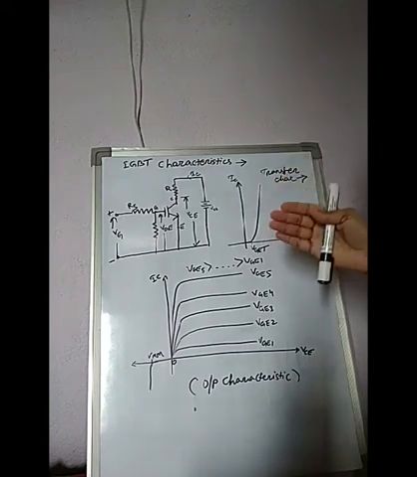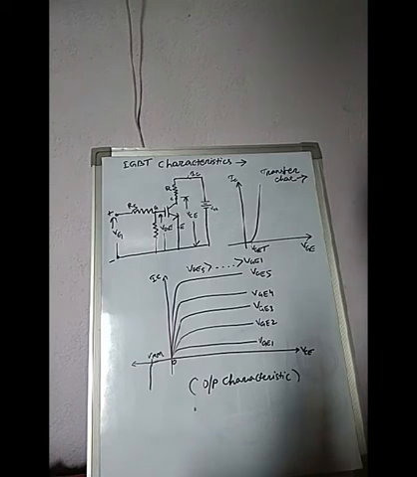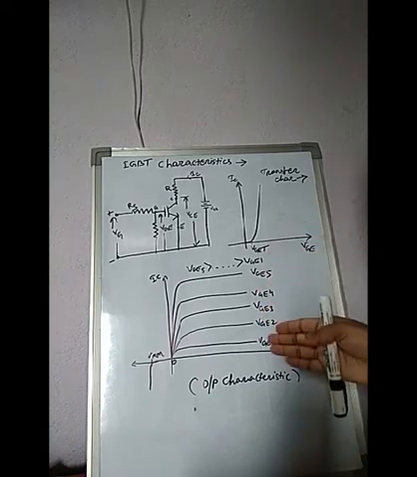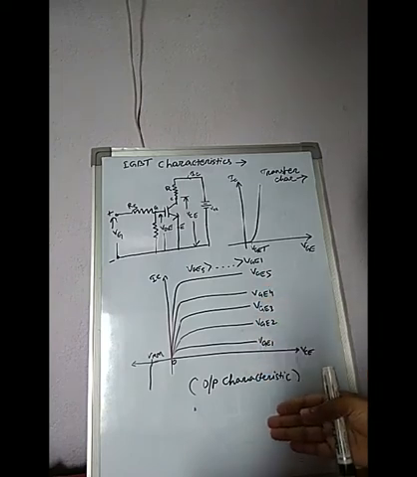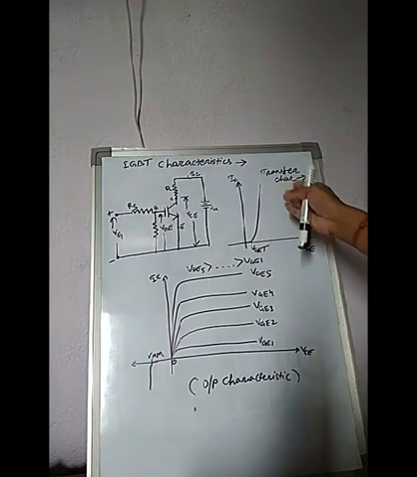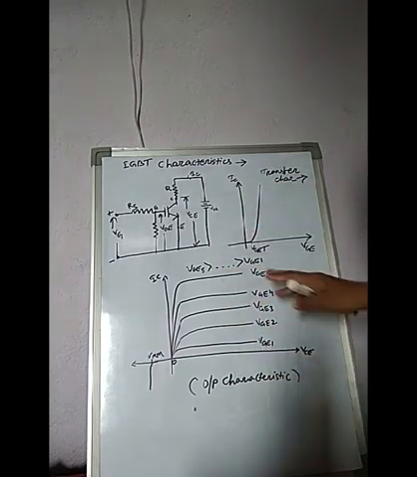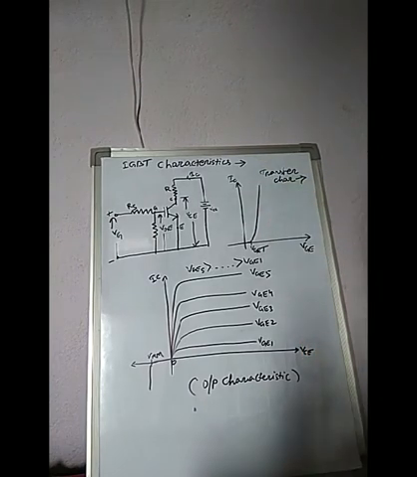The junctions J1, J2, I already showed you in the previous class, in the previous IGBT structure. So from the IGBT structure, what you found is that when the device is in off state, junction J2 blocks the forward voltage, and in case reverse voltage appears across the collector emitter, junction J1 blocks the voltage. Okay, so clearly understood the IGBT characteristics. This is the IGBT static characteristics, which include transfer characteristics and output characteristics.